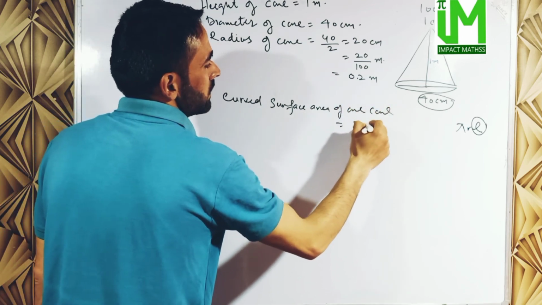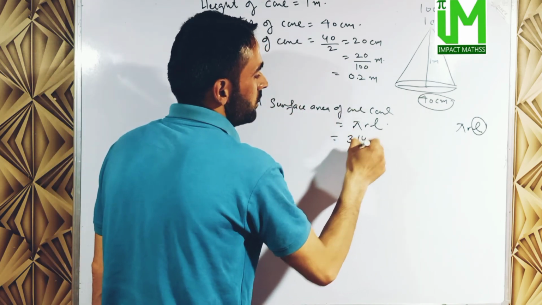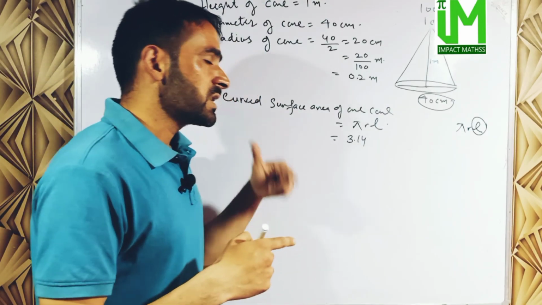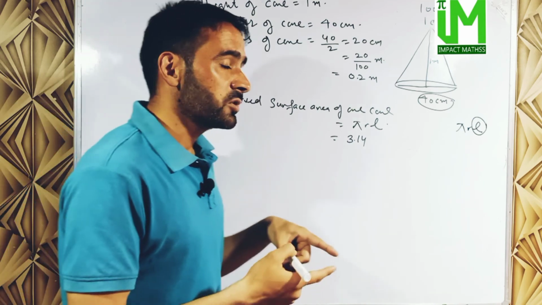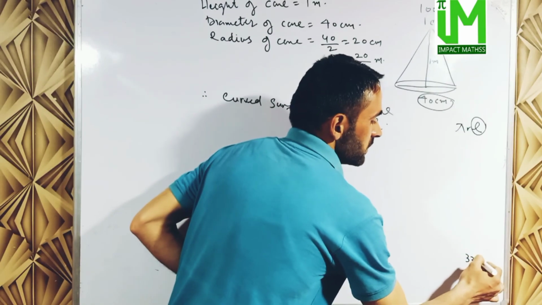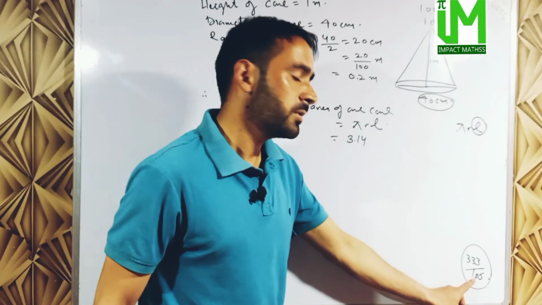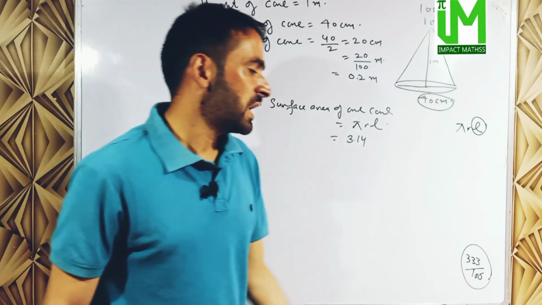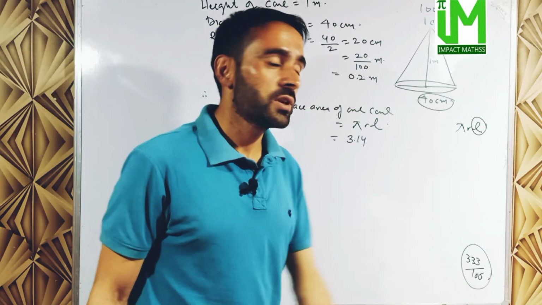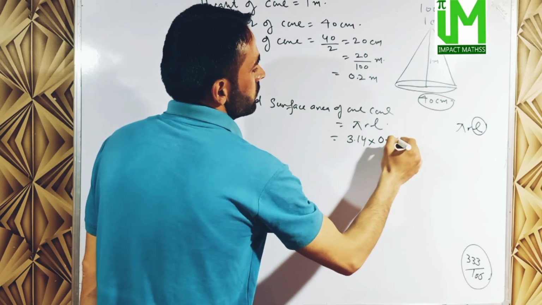will be pi r l. We take the value of pi as 3.14. Of course, 22 by 7 is a better approximation than 3.14, and 333 divided by 106 is in fact an even better approximation of pi, but the calculation is a bit hectic, so for calculation purposes we use 3.14. So 3.14 into r, which is 0.2